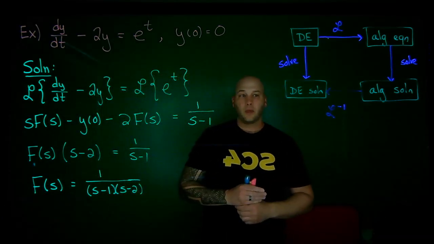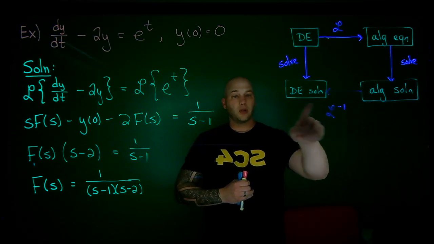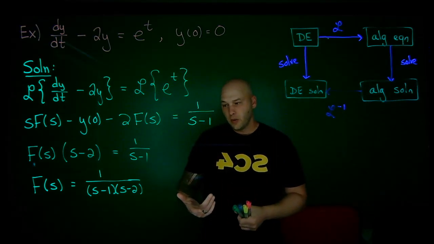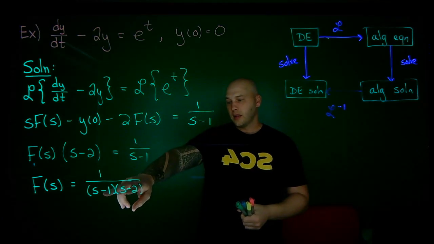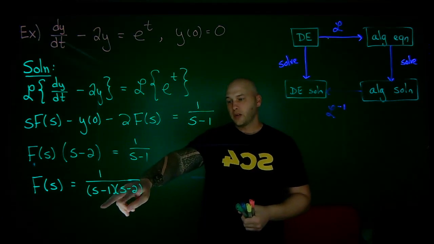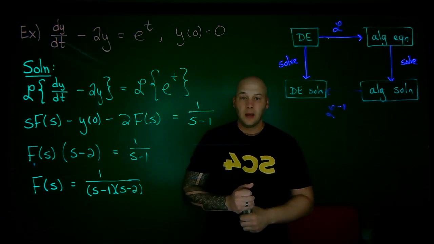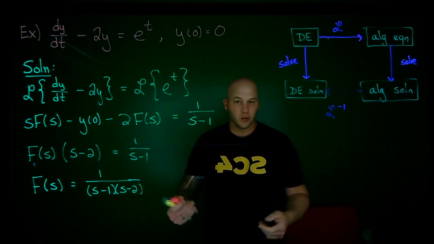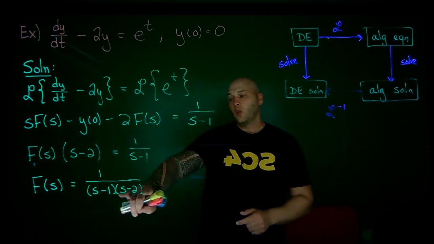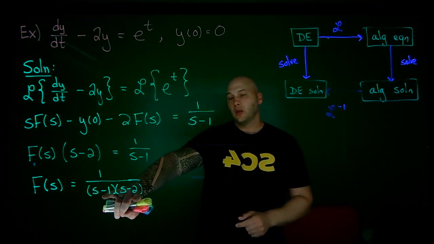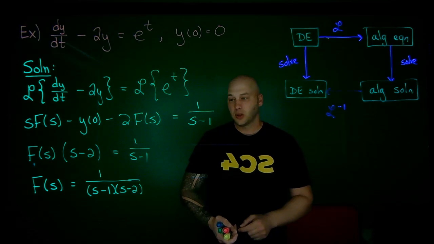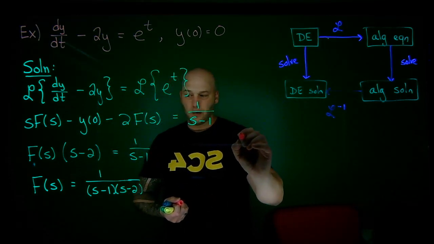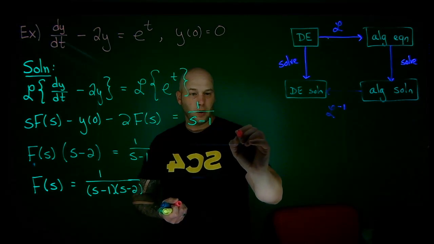So that is the algebraic solution. Now we have to use an inverse transform to get back to the solution to the original differential equation. In order to do that, you can see that in the denominator I've got factors of s minus a, which is what we had corresponding to the transform of the exponential function and then the corresponding inverse transformation. Well, we can separate this using a partial fraction decomposition. So let's do that over here. Let's see if I have enough space for it. So the partial fraction decomposition,